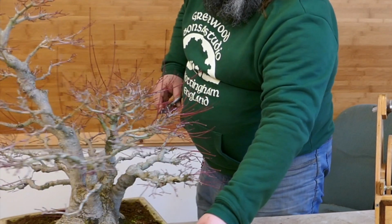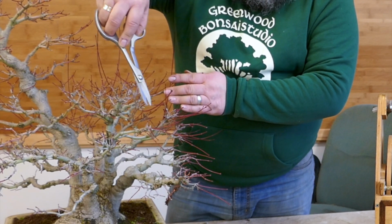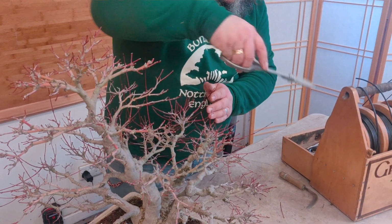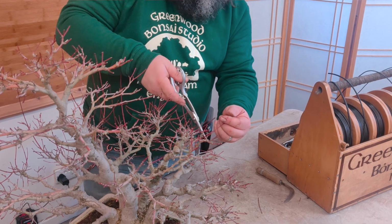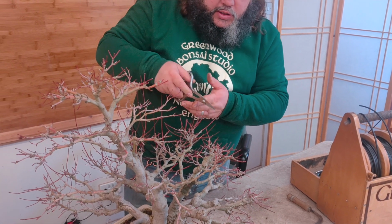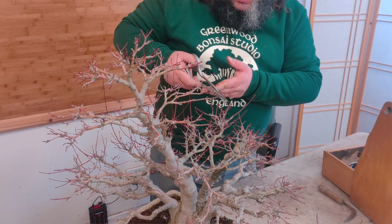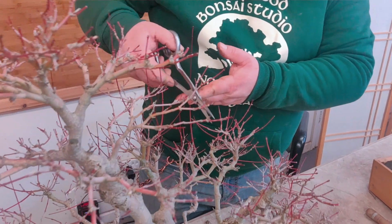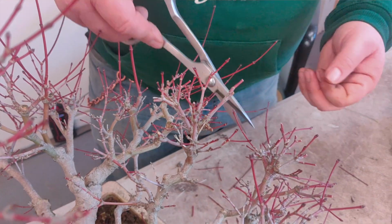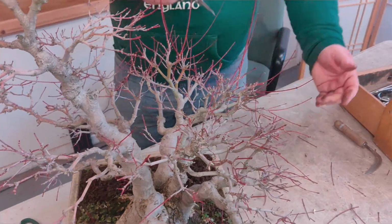And then if we follow our way round to the rear of the tree here, same sort of procedure, shortening back to a bud just to bring this growth under control and make it look good for the season to come. With a good, clean, sharp pair of bonsai scissors. It's quite obvious the buds on these maples, so we're just trimming back to 1 or 2 buds. This will increase the twigginess and the ramification of this tree. Done this section here, so this is all done through here. A little bit just there to do, and then on this left hand side